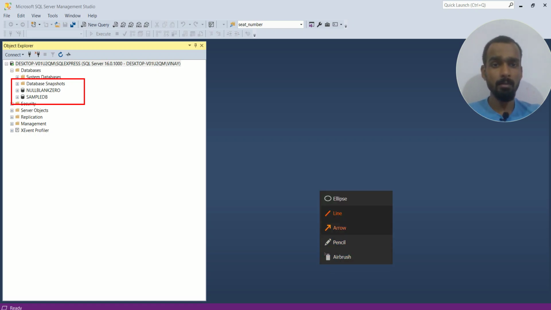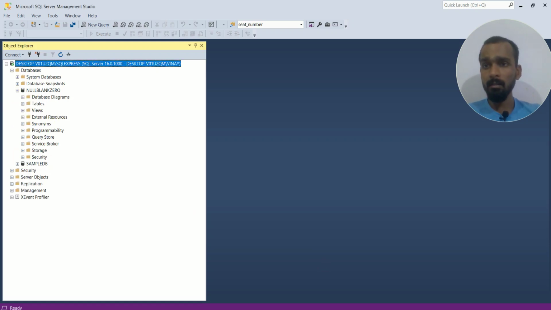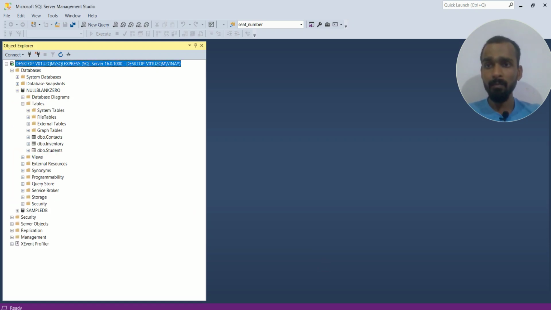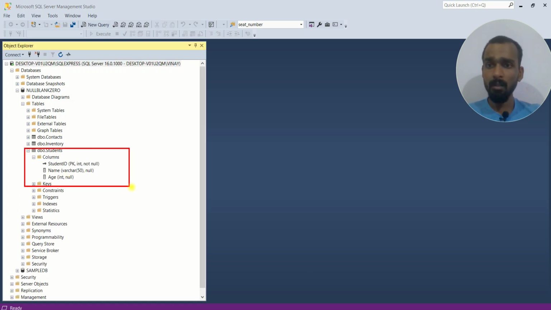In this database I have just created this particular student table. Click on the plus icon, then on Table, then we have the student table. Click on the plus icon and you can find that the student table has a PK, which is the primary key constraint. I hope till now you are clear.